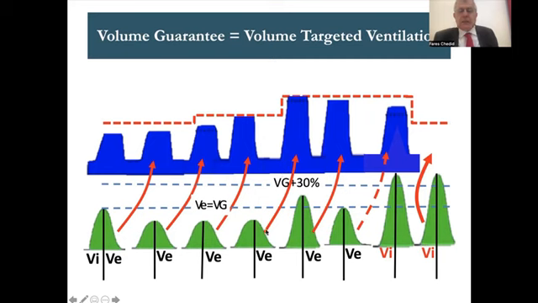Now, because we allowed more PIP max, the patient had higher pressure, higher volume. It happened that this volume here, the expired volume, is above the target. So the next breath will produce a lower PIP, and now we got to the target. Something very interesting that I'd like you to notice here: now that we have a volume equal to the target, we normally should produce a pressure identical to the previous pressure. But what happens during the inspiration, the baby at the next breath kept breathing and took 30% above the target.